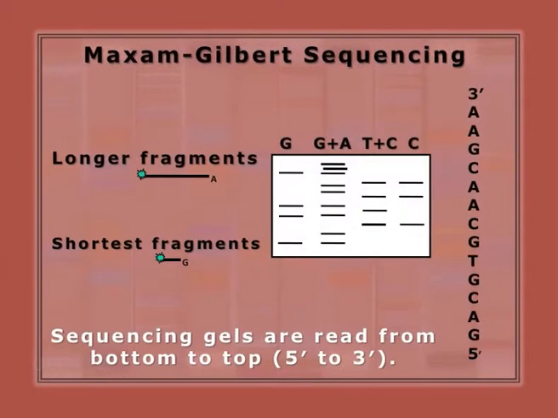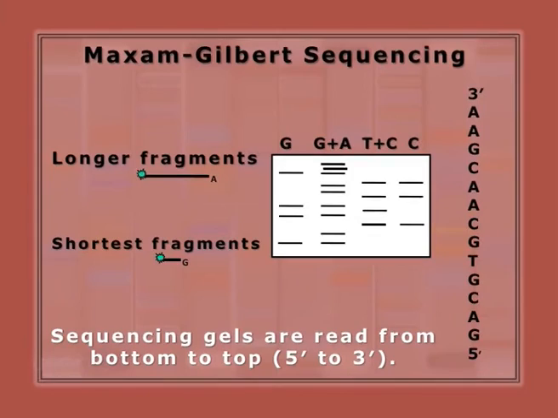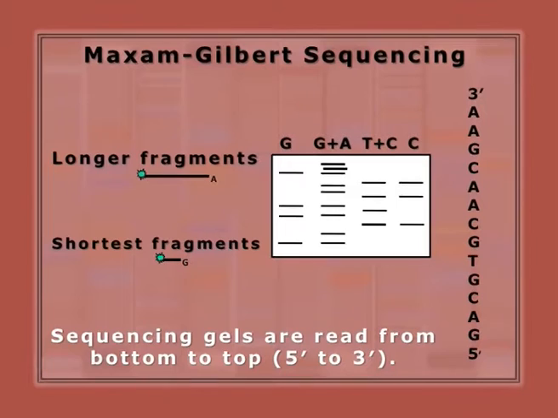You can see here that we have 4 different lanes. In one lane, we have all the DNA fragments that got cleaved at guanine. In the second lane, we have the DNA which got cleaved after G plus A, meaning all G and A containing DNA. If we compare the two, then we can find the nucleotides where adenosine lies. Similarly, the next lane gives us T plus C, and another lane gives us an idea about the places where cytosine exists. So, if we compare these last two lanes, then we can find the places where thymine lies.